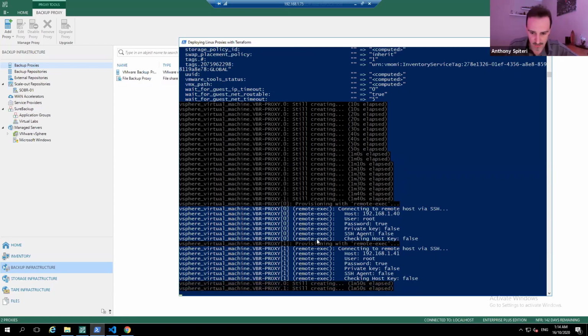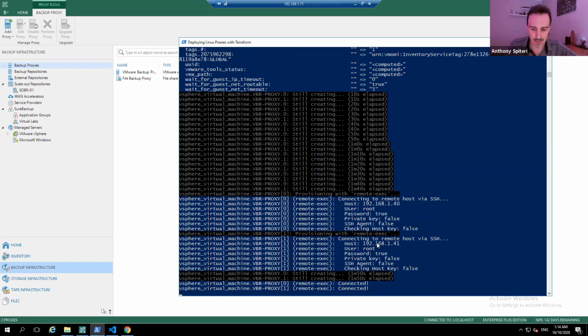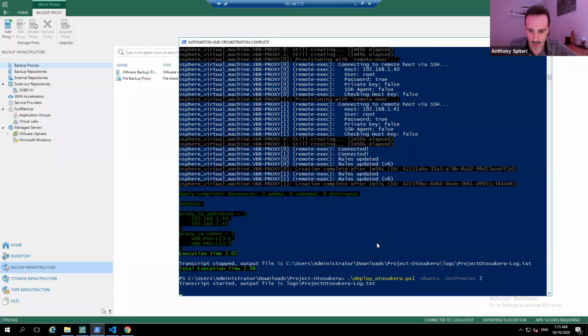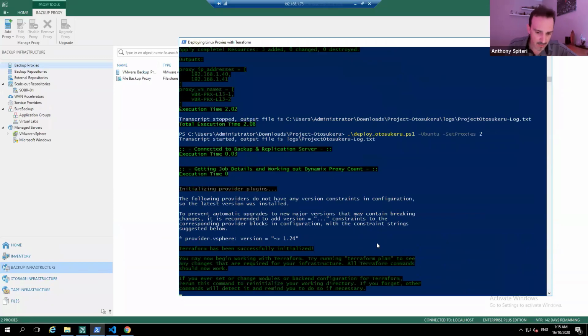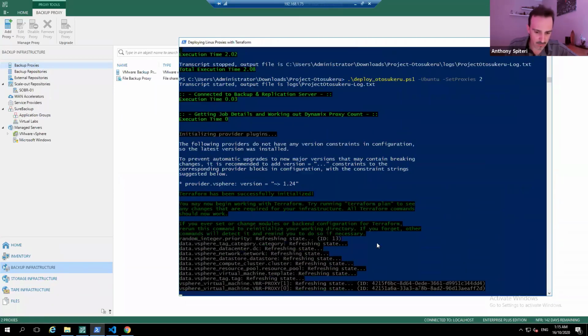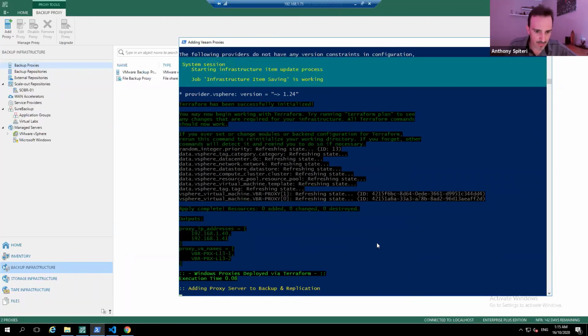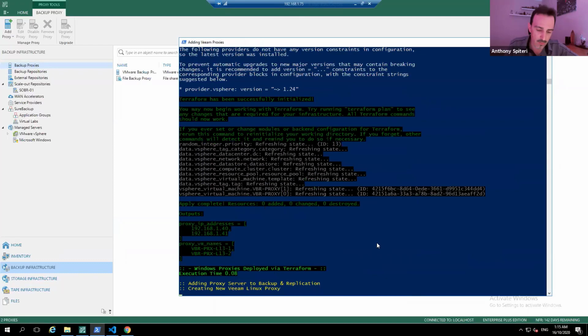We've actually SSH'd into those machines to configure some firewall rules here. Now it's going to go through and make sure the machines have been deployed. And now we're using PowerShell. Again, the JSON information has been spat out by Terraform and fed back into the PowerShell through that mechanism.